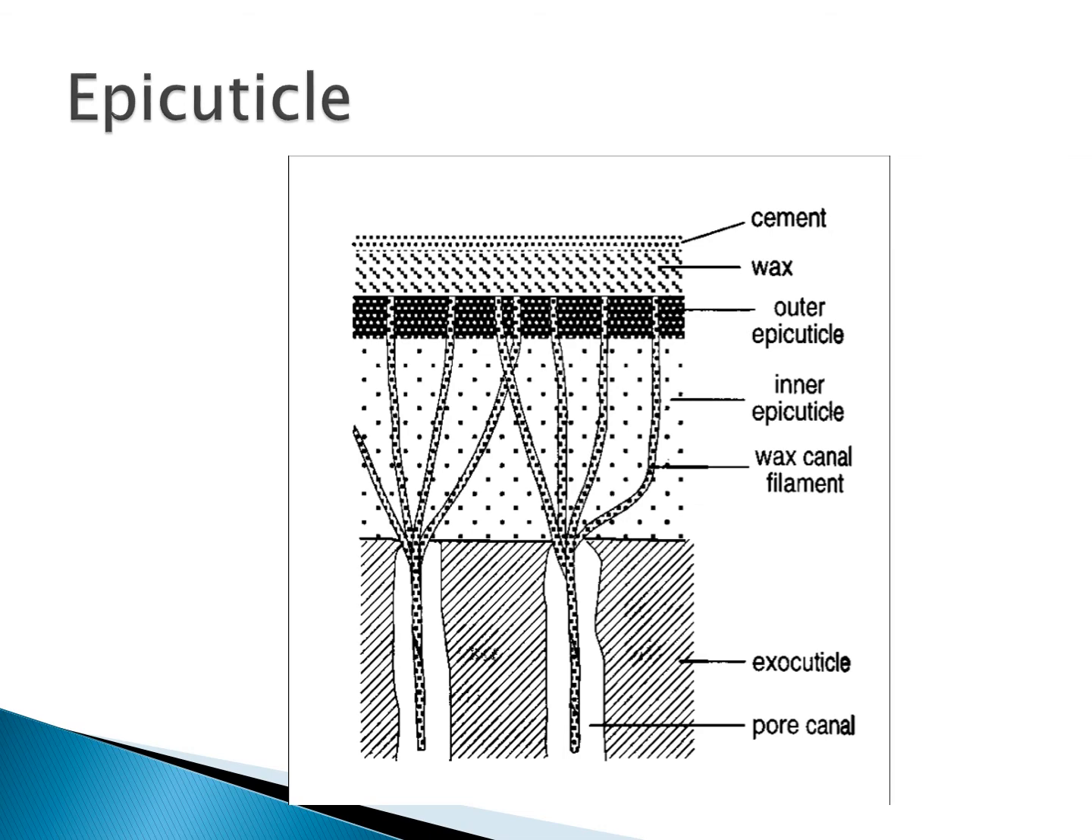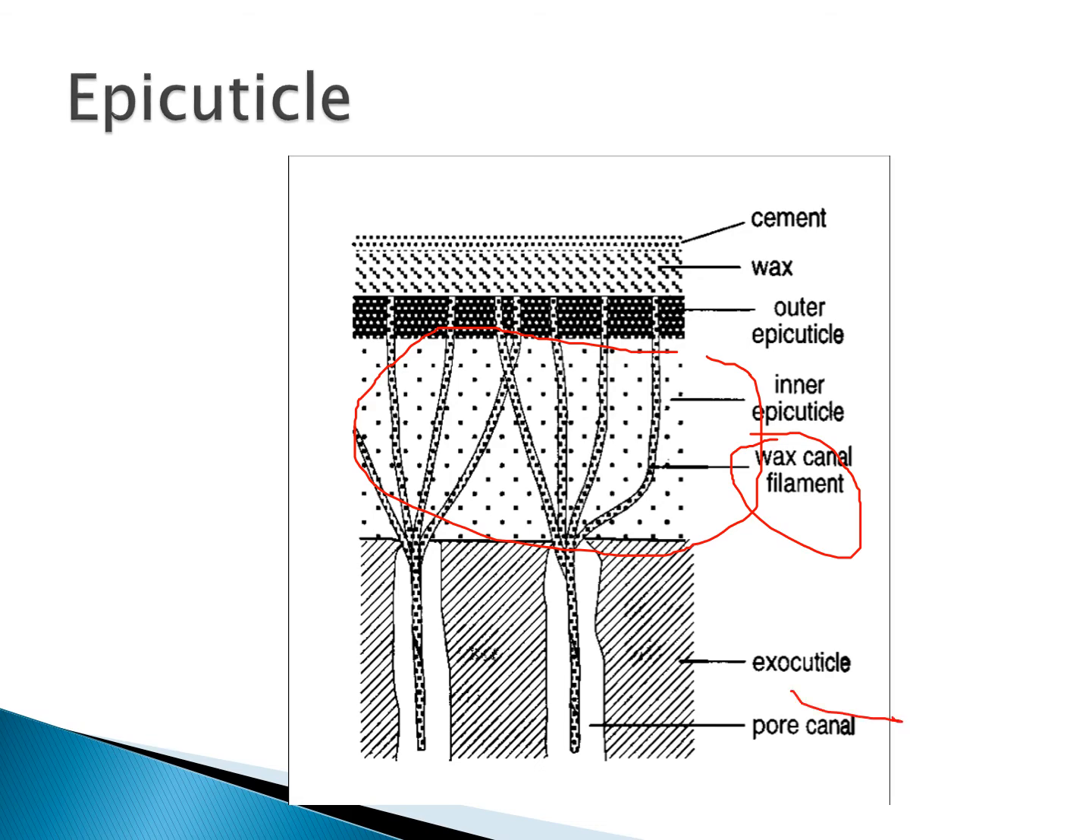First of all, there are pore canals which are coming from the exocuticle. They enter the exocuticle here, and after that, at the junction of epicuticle and exocuticle, the pore canals split into the wax canals or wax channels, as you can see here. This is the inner epicuticle. While leaving the inner epicuticle to the outer epicuticle, which is thick, as you can see here, the main function